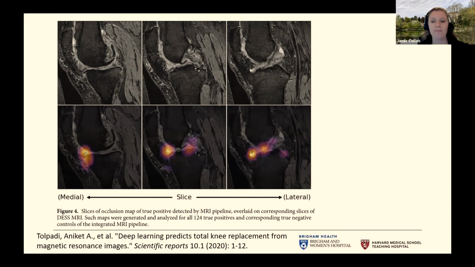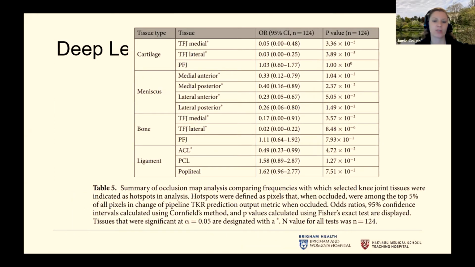This is the occlusion map that highlights the tissues that were most significantly affecting the TKR prediction. So again, you can see where the so-called hotspots are in terms of what seemed to be most important in predicting outcome. And this paper actually took things one step further. If I'm understanding it correctly, what they're trying to do here is really quantify that map. And so I believe this is assessing for each patient whether having a hotspot identified in that region is associated with the risk of TKR.